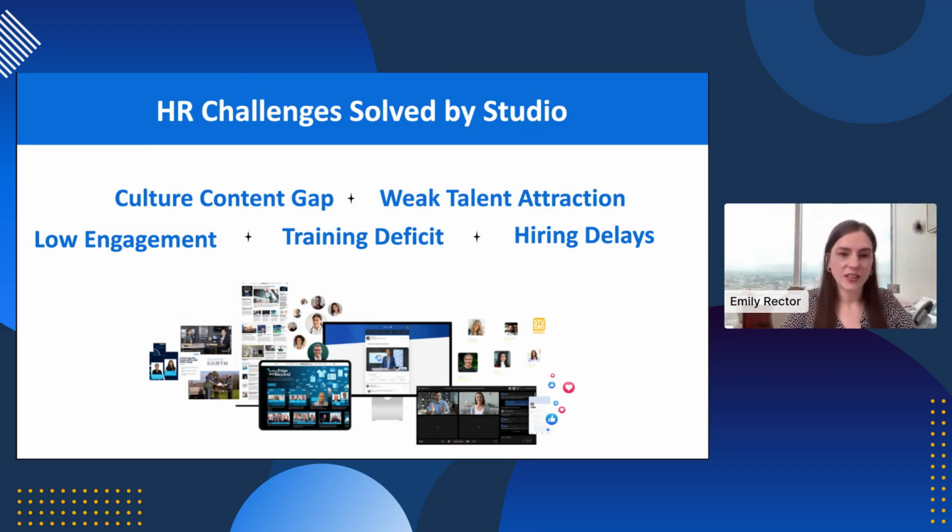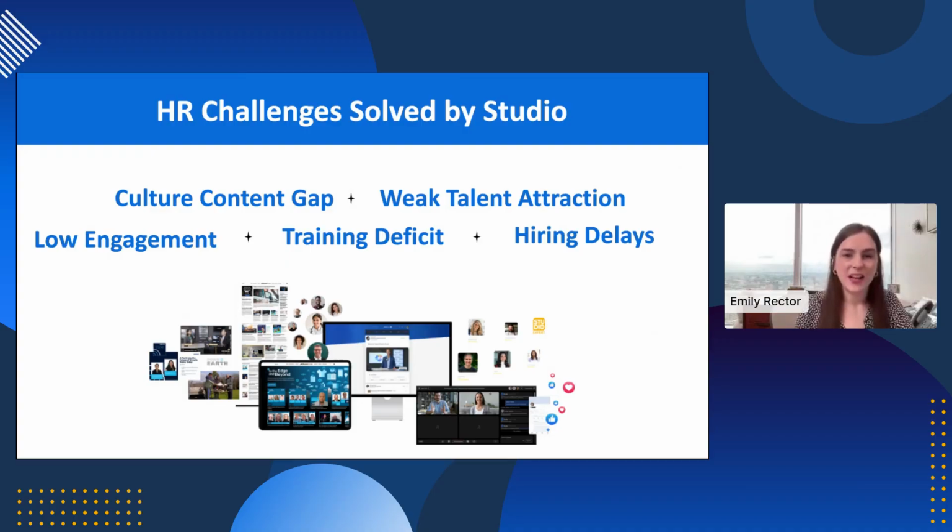And then the next challenge is a training deficit. Training content is hard to create. It's hard to find the experts who can speak to whatever that training material is about, because it's not always just the HR person that's going to know that content or that topic. Studio allows you to request content from those experts within your company to help you create that training content that can then lead to helping out on the education and retention side with your employees. If they're educated, if they're continuously learning and expanding their skill sets, they're going to be happy. And so Studio helps out with that.